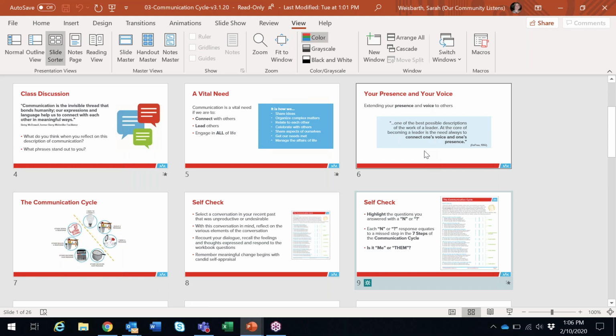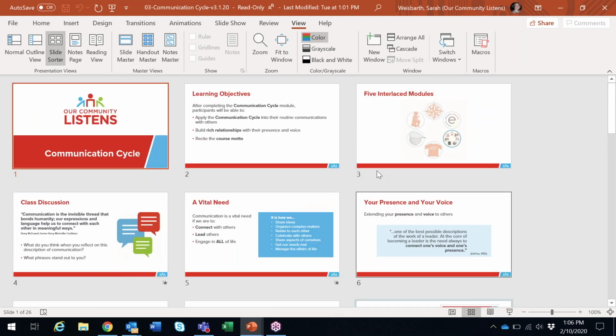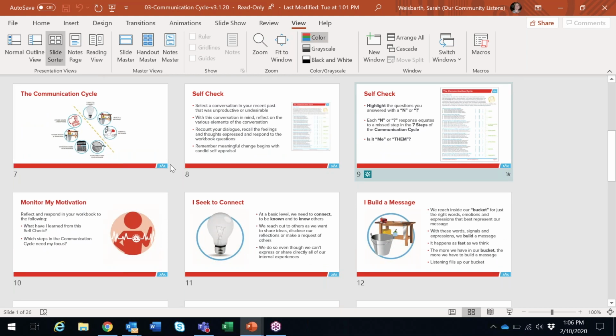And then we shift from there into the science of the communication cycle. So we talk about the art and science. This section up here, how we show up in the process, is the art of the communication cycle. And then the science of the communication cycle is the very practical spots and steps of it. And to help people understand where they want to focus in this module, to maybe glean an insight or do an improvement, we move into the self-check.